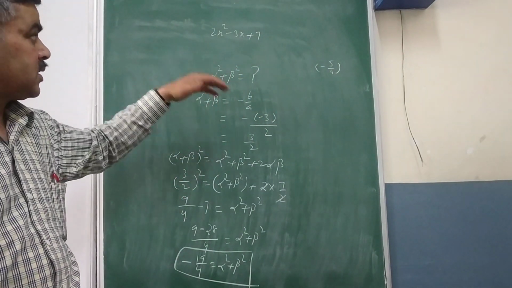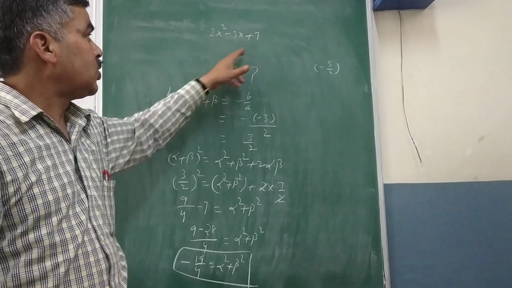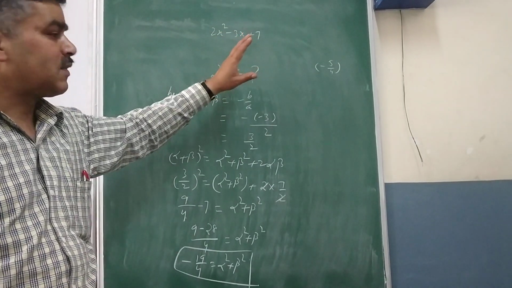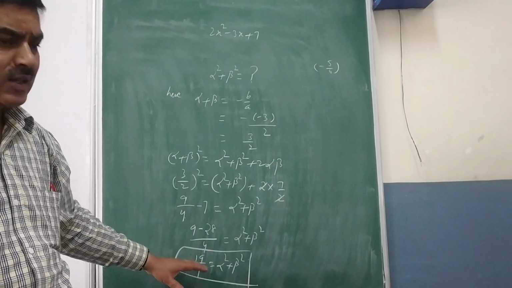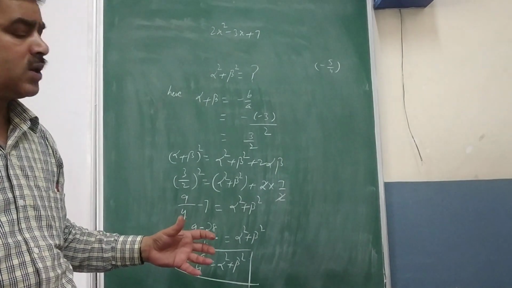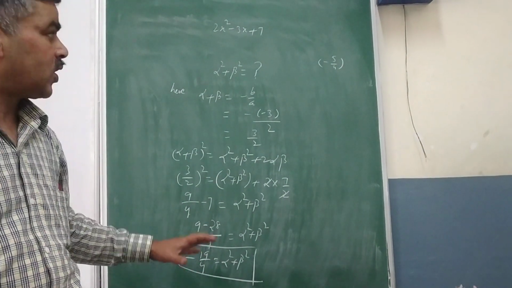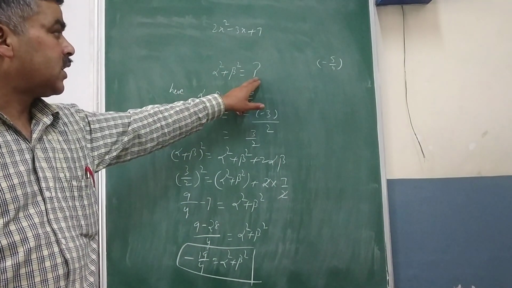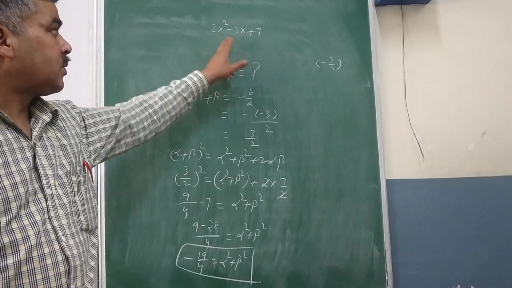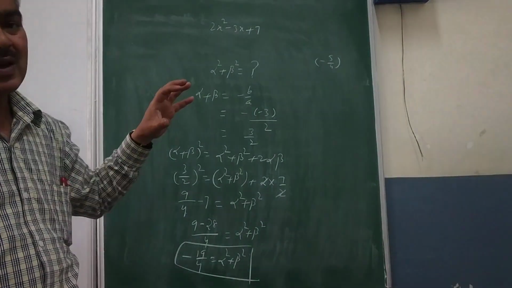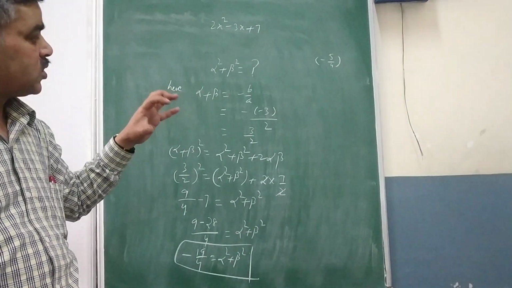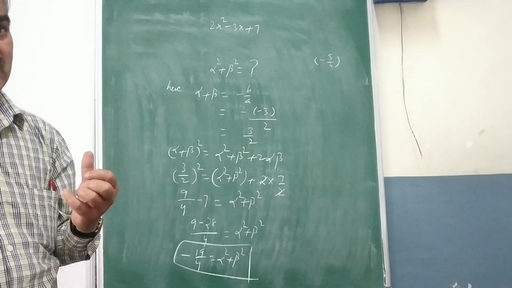And the procedure, you know the polynomial given to you is 2x square minus 3x plus 7. Sometimes errors can be there in answers. If such kind of difficulties you are facing, please let me know. I can verify whether the answer is correct or not. So you need to determine again alpha square plus beta square on behalf of this polynomial. As already I have explained to you, these questions are based upon the sum or product of the zeros.